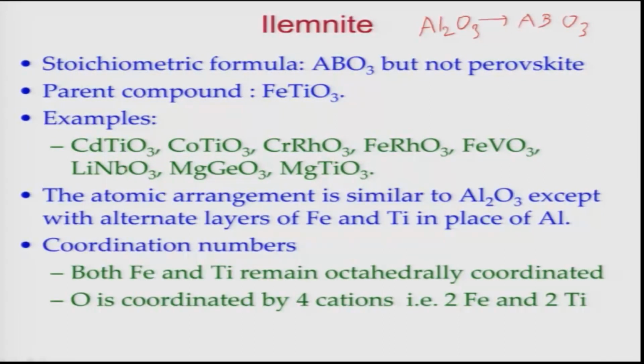So, coordination numbers remain the same, both iron and titanium remain octahedrally coordinated, but oxygen is now coordinated by 2 iron and 2 titanium. So, it is not coordinated by 4 iron or 4 titanium, it is coordinated by 2 iron and 2 titanium. So, this is how the structure is built. If we look at the structure,